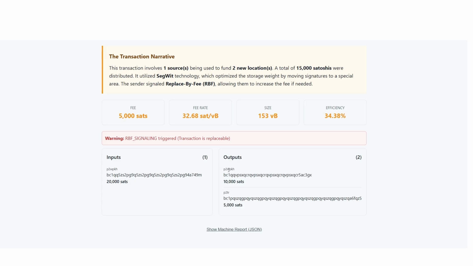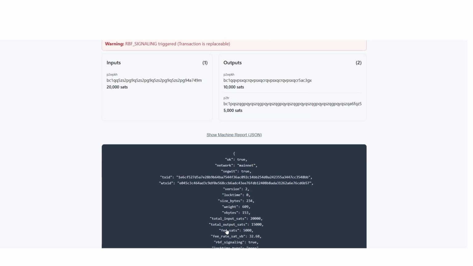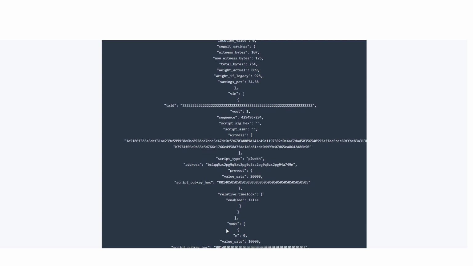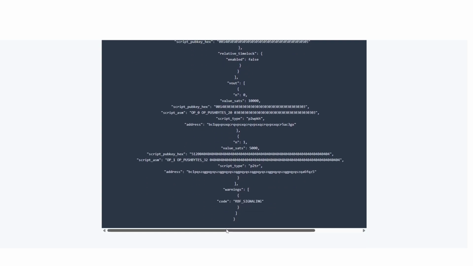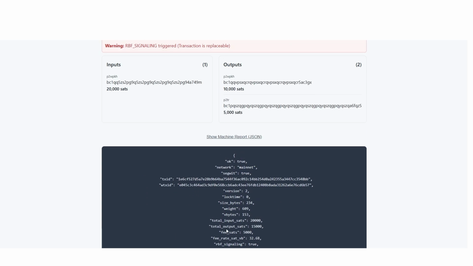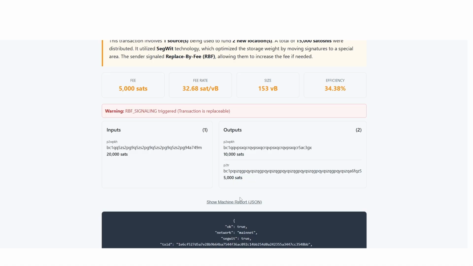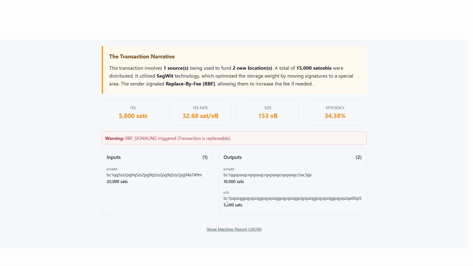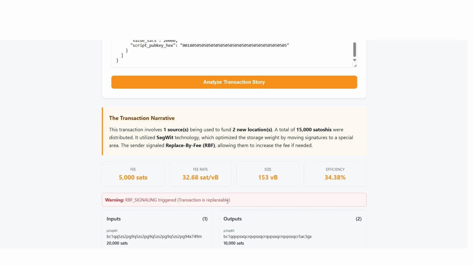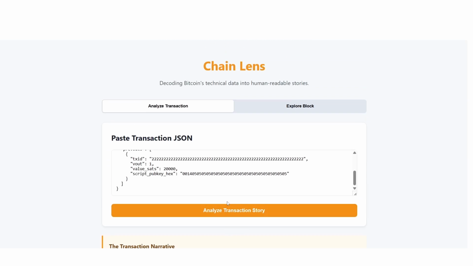We also check for time locks, which are conditions used to prevent funds from being spent too early, either until a specific time or until a certain number of blocks pass. Our UI automatically flags important warnings like RBF or dust output to keep non-technical users safe. That covers the